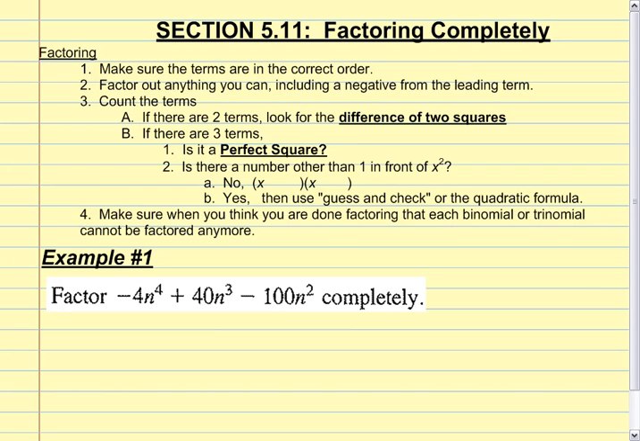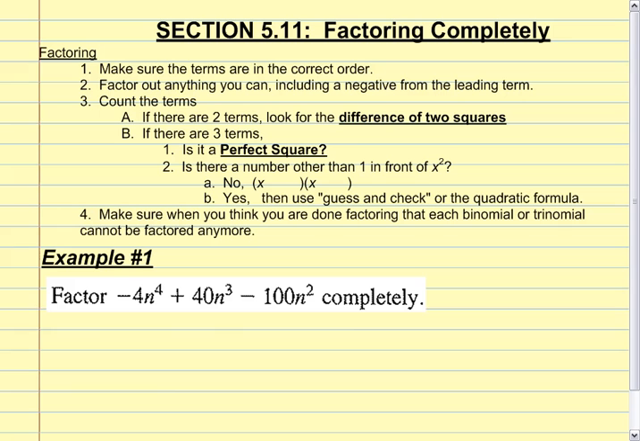Okay, folks, section 5.11 says factoring completely. Now, we've got a lot of stuff to go over today because we've learned a lot of stuff. And now we're going to put it all together, and we're going to factor some things completely, all the way down to the end. Okay, now you will need to